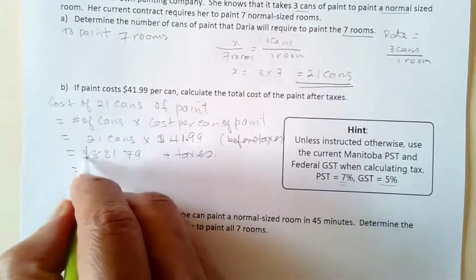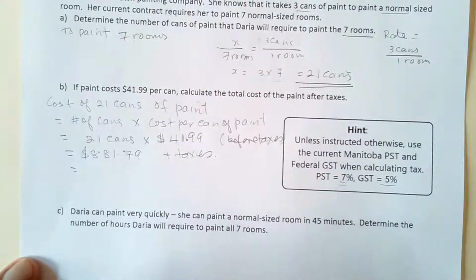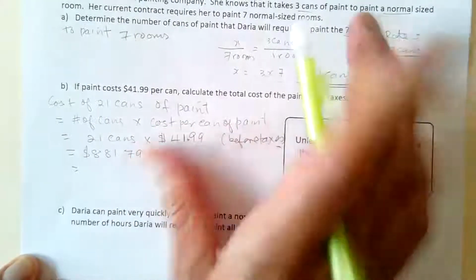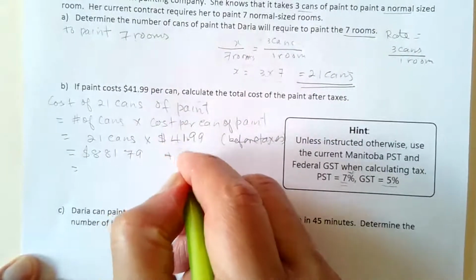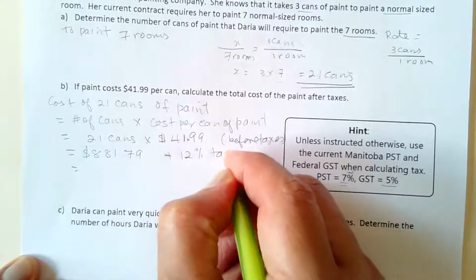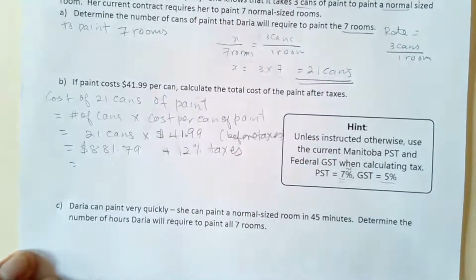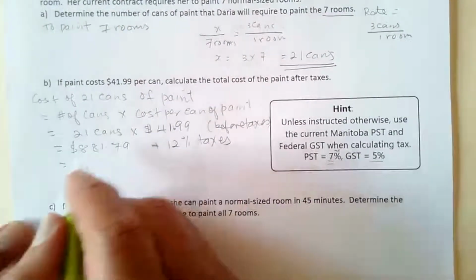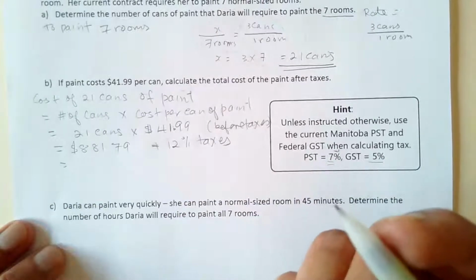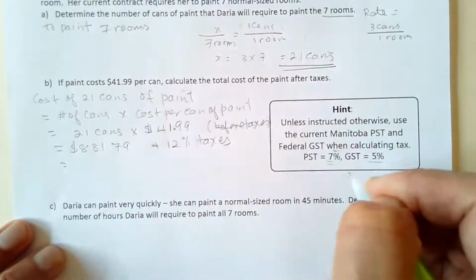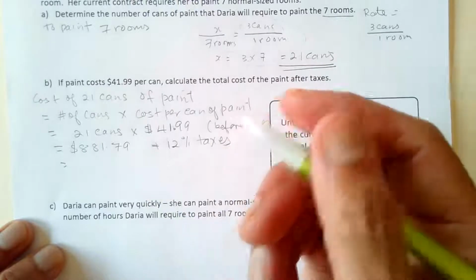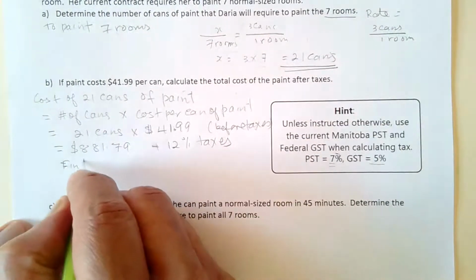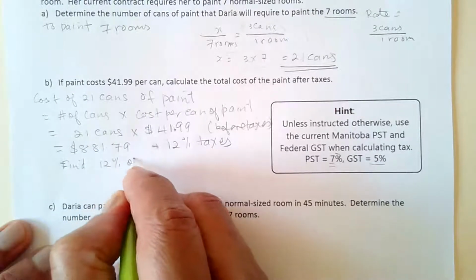Which is, now we need to add, in this case, 12% tax, right? Which is 12% taxes. Maybe I should add that instead here. Plus 12% taxes, PST and GST. Now you can do this separately. You can find the 12% and then add it onto it, which I will show you here to do. So find 12% of